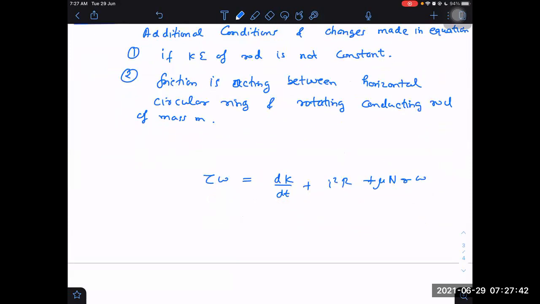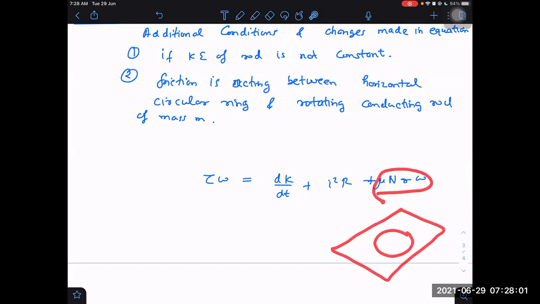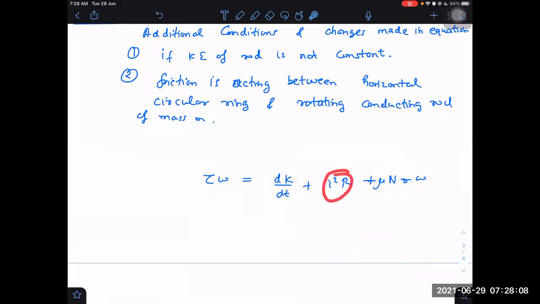This is it. Now here I want to make a vertical circle, but if I want to make a vertical circle, then I may have to get away with this condition. Why? Because in vertical friction, how would it be acting? Normal will not be there, friction will not be acting. So I may have to remove this condition of friction, or I may give you this condition on an inclined plane. Then friction will also be there. Change in potential energy will also be there. Change in kinetic energy may also be there. And heat loss in this way also may be there. So see, so many things can be included in this.